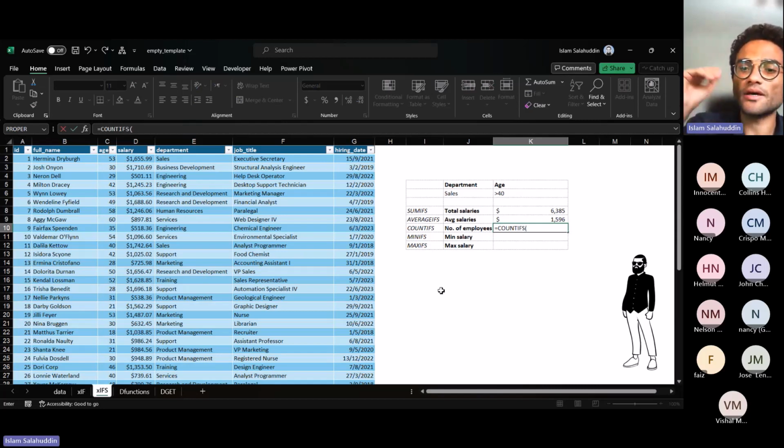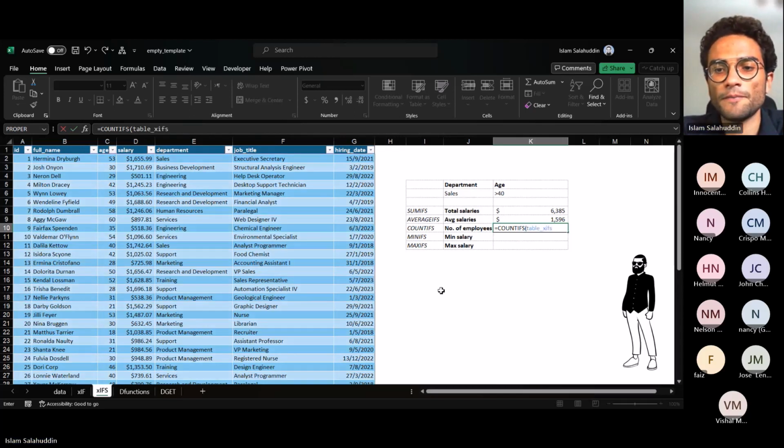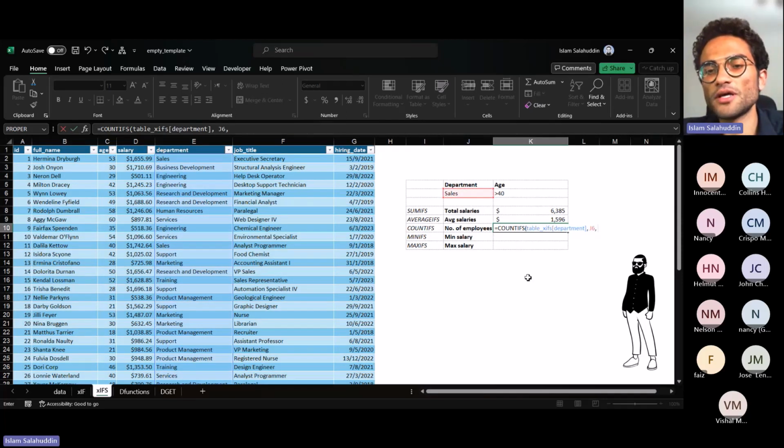So with the COUNTIFS, as we saw with the COUNTIF, you give it directly the range that you want to count within. So that's going to be the department. And criteria 1, sales. If we close the function just like that,